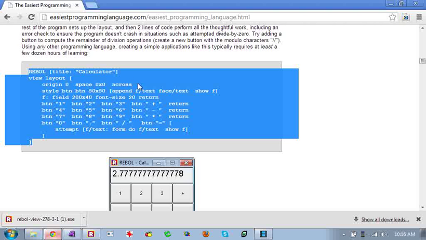We're setting this to be a really tight thing, just like in the game, laid across. We create a new style called button, which is just a button that's 50 by 50 pixels. And you can see there's a field, a couple little lines of code here that actually do the calculation. But most of this is just buttons with the text, the numbers, and the operators. The return word just starts a new line. And put that into